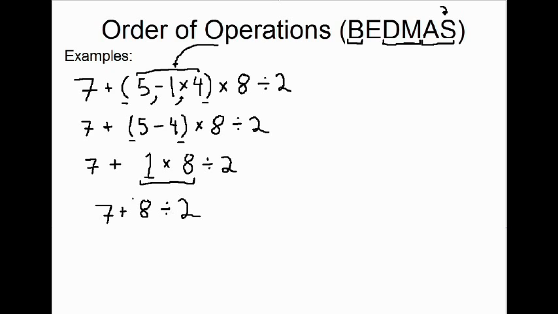Now all we have left is addition and division. Division comes before addition in BEDMAS, so we're going to answer the division part of the question here first. 8 divided by 2 is 4. And then we just have our one last thing to do here, which is our addition, and 7 plus 4 is 11. So here you can see with so many steps why it's important to work your way down, doing one step at a time,